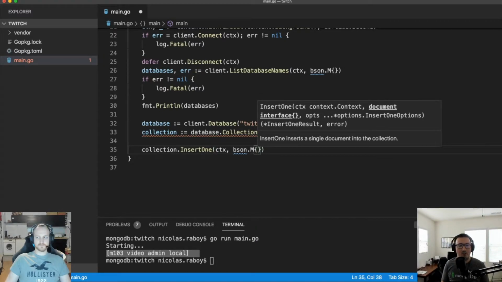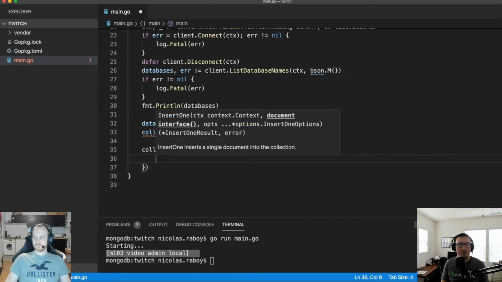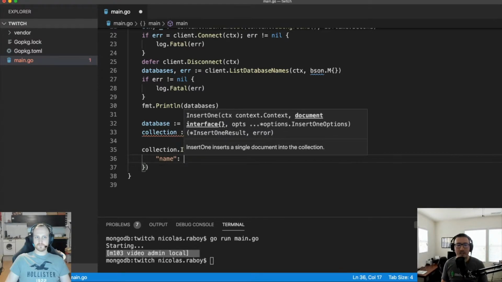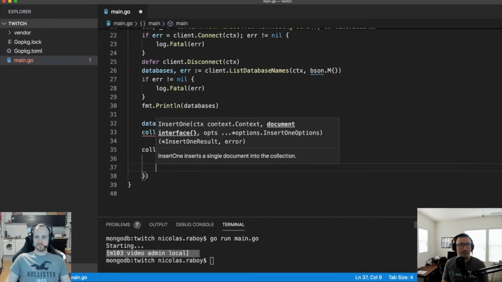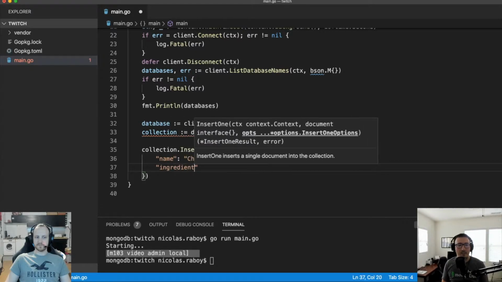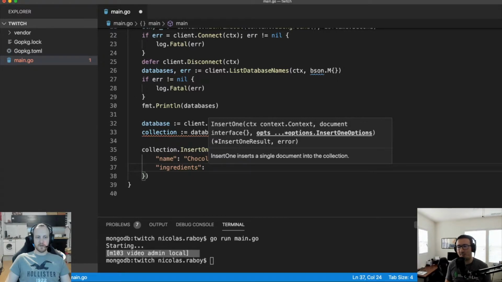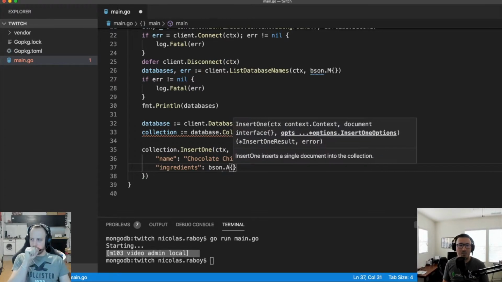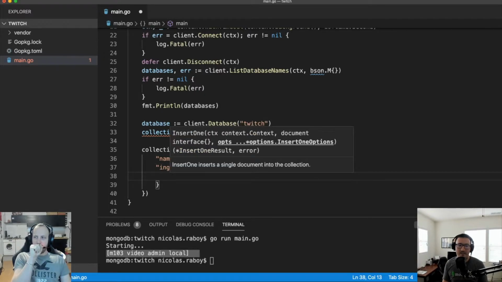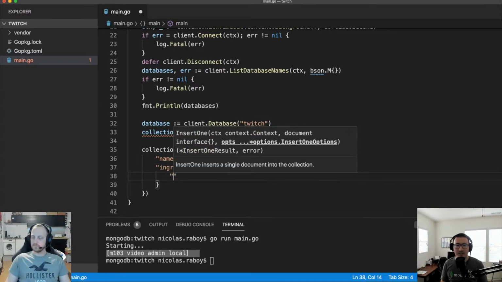As far as what I want to insert, maybe I want to insert a recipe name. Maybe this time I say chocolate chip cookies. Maybe for ingredients, I want to insert an array of ingredients. This wouldn't necessarily be the recipe itself, but maybe the ingredients. So I can say bson.A for array, and I could provide all of the array items that I want to add. For example, maybe I say I want to add eggs,